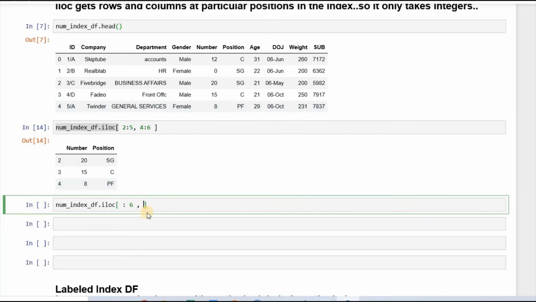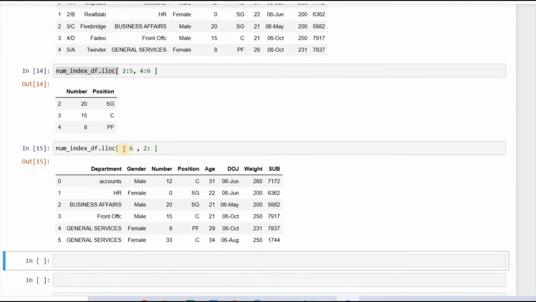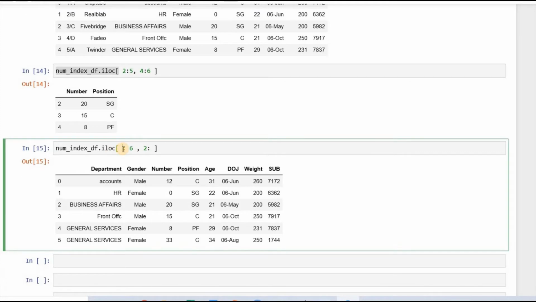Then suppose I want to do 2 to 5, or we can say 2 to this, so it will do 0 1 2. If we have not mentioned any ending limit here, it would print all of it. This is how it goes. We can also keep one end open to get all of the rest from that point.